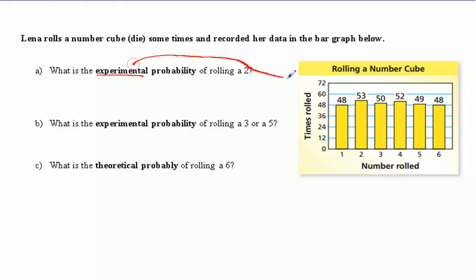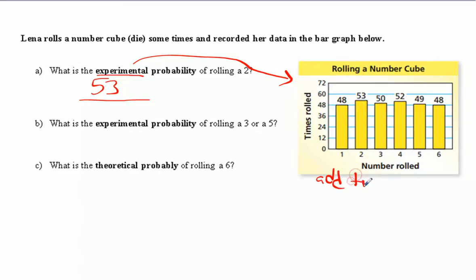So based on this experiment, how many times did she roll a 2? She rolled a 2 53 times. Well, that's great, but out of how many? It didn't say how many times she rolled it. So my job now is to figure out how many times she rolled it. Well, here's how many times she rolled a 1, a 2, a 3, a 4, a 5, a 6. So what I'm going to have to do is add